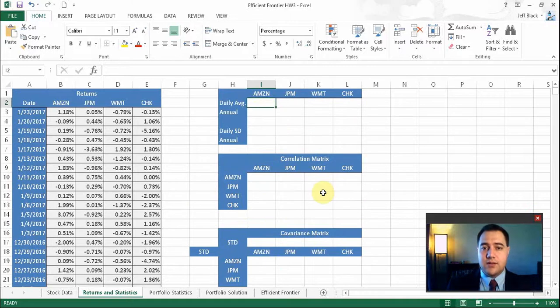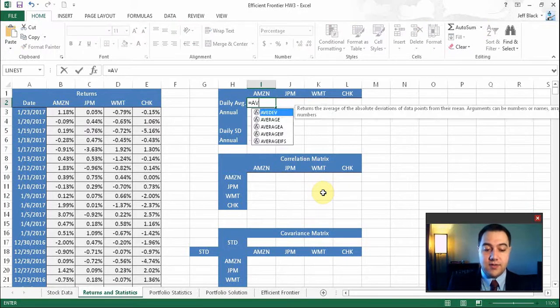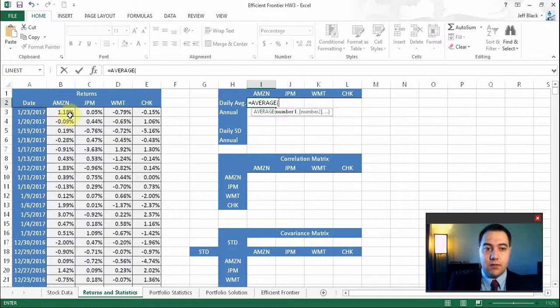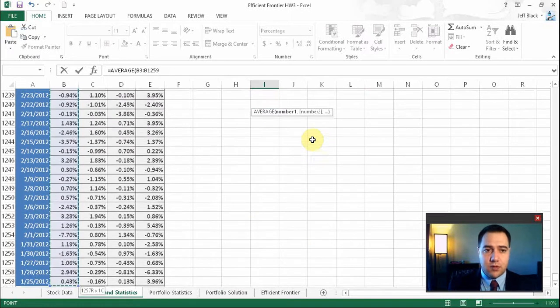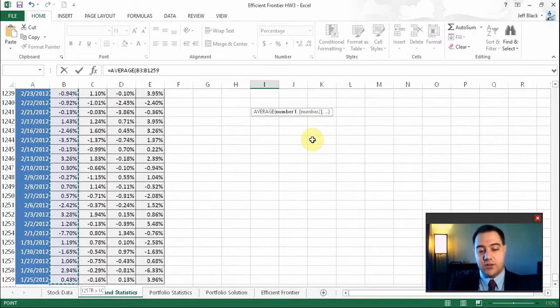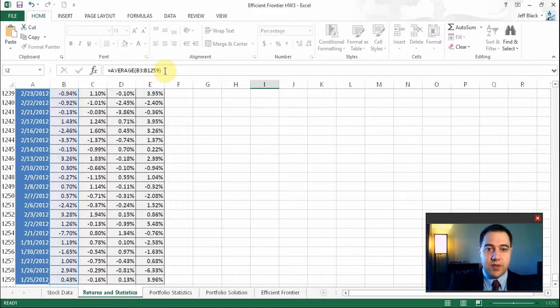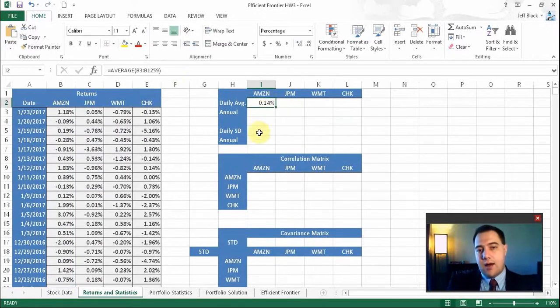All right, so we're going to start with the mean return over the 5-year sample. In Excel, this is just going to be our equals average function. We're going to take the average of all Amazon returns over the last 5 years. So I'm going to use the Control-Shift-Down arrows, and that's going to select all of these returns, cell B3 through B1259. All right, close my parenthesis, and we see that on average, Amazon has returned 0.14% per day over the